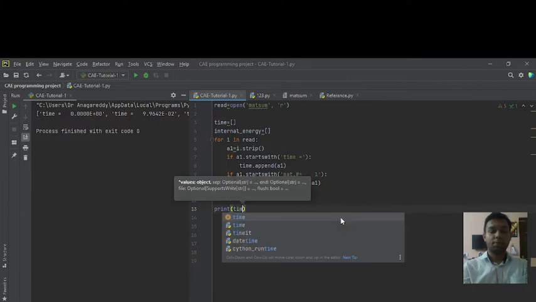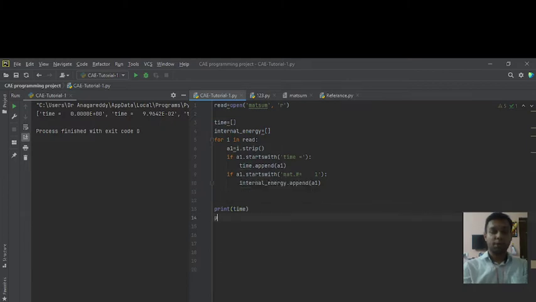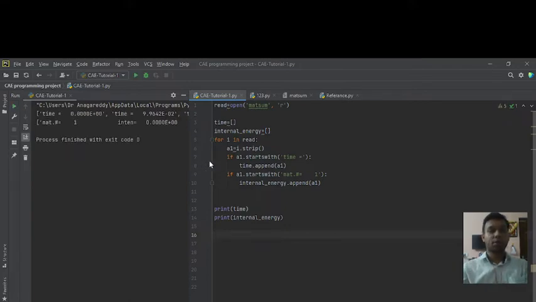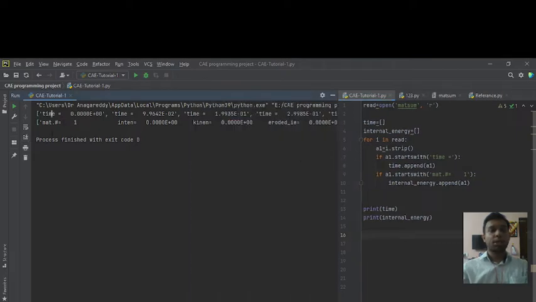Print time and print internal energy. So we can see the output. Okay, so this is time and this is material one that is showing internal energy.